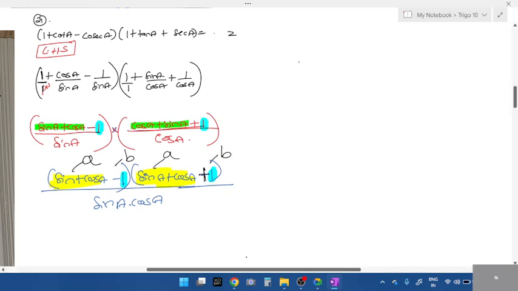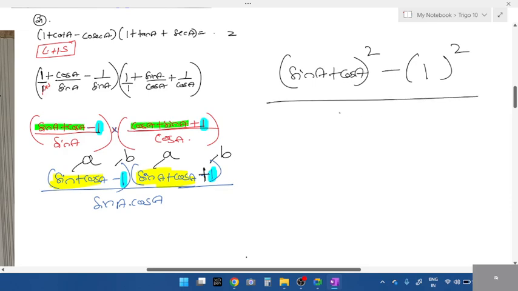What is A plus B into A minus B? It is A square minus B square. B square is 1 square. What is A square? Sin A plus cos A divided by sin A into cos A. Use A plus B the whole square. So what is A plus B the whole square? Sin square A plus cos square A plus